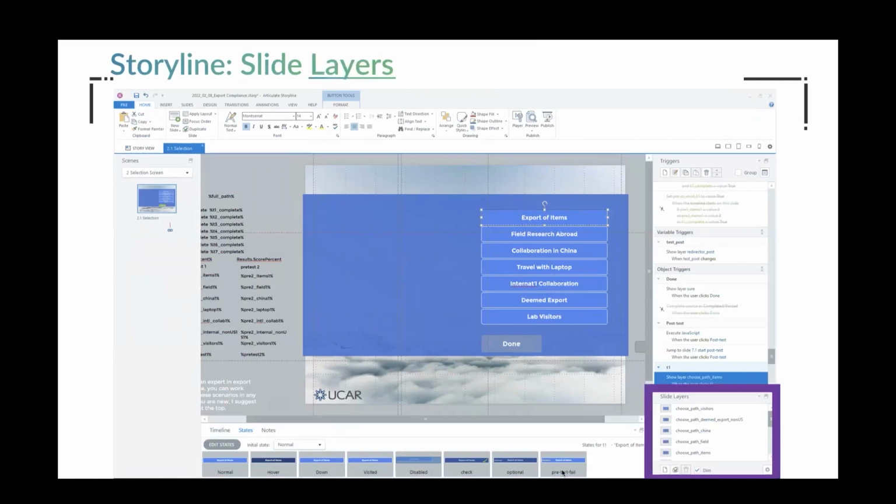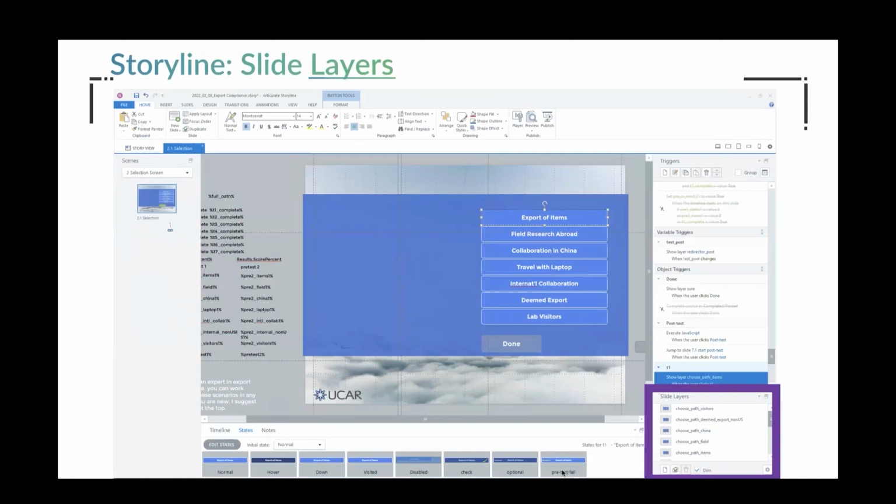The other tool is called slide layers. So in addition to having a single slide, we can also layer information on top of it. For example, if learners are performing a task, we can provide them with feedback that will appear only when they have either been successful or unsuccessful, depending on the type of feedback that we're providing our learners. So we can show information, we can turn information off, and so on, and in that way also control interfaces